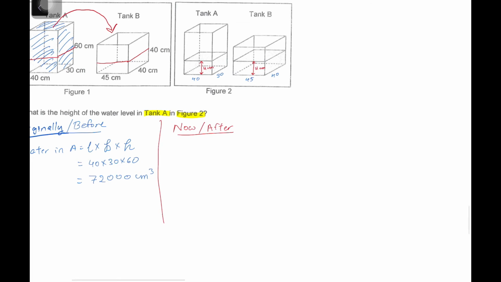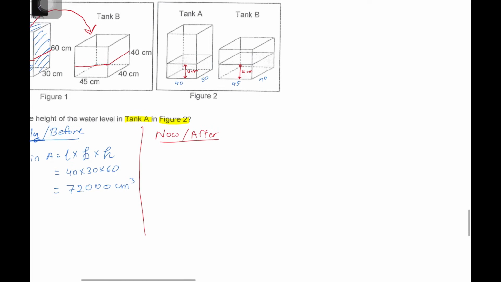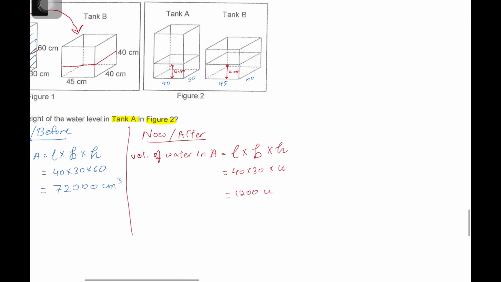So now the volume of water in tank A is the same formula: length times the breadth times the height, which gives us 40 times 30 times U, which is 1200 U cubic centimeters,